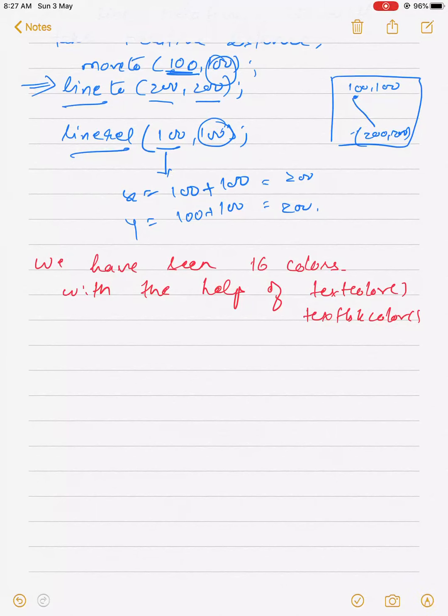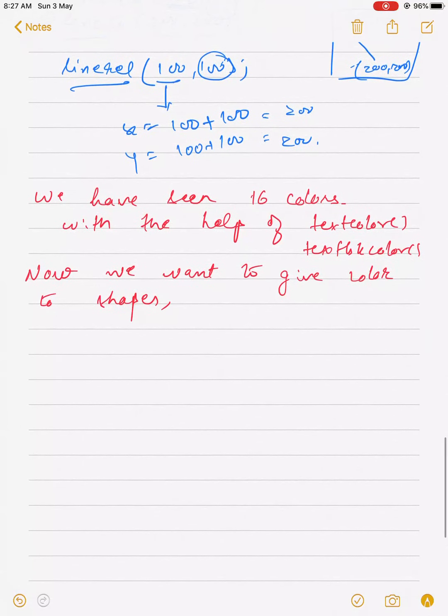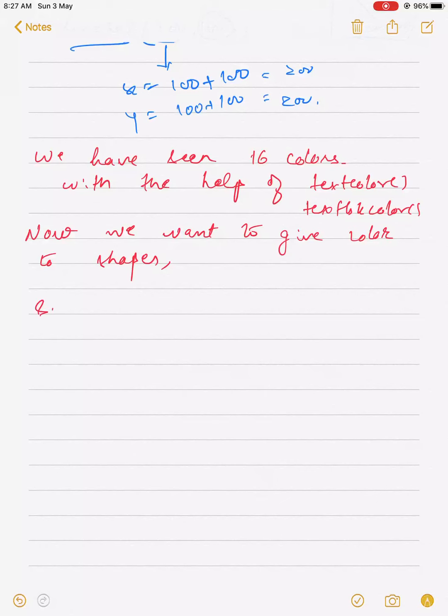Now what if I want to give color to shapes?